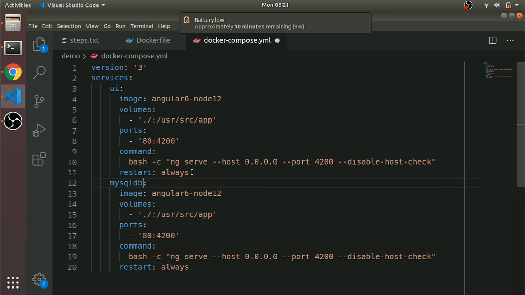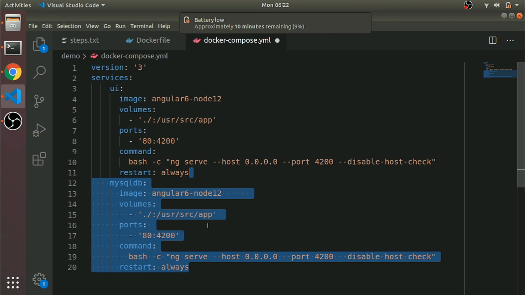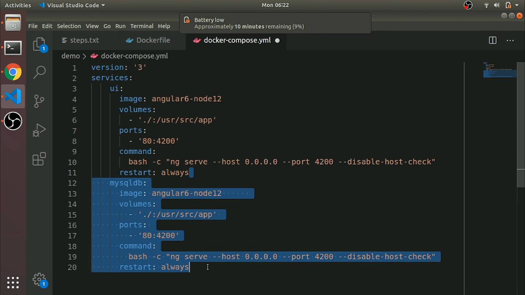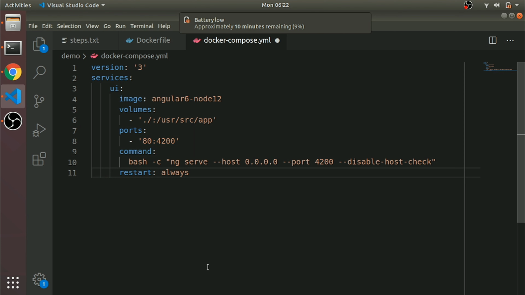Let's create one, showing some example. You can change the image name, and the port also you need to change. For demo purposes I am showing how it will create, so we are currently giving the same thing. Actually in a real scenario it will be some different image, or you can use the same image. You can change the volumes, the DB port, and the command also needs to change. I'll show you with the first service, then we'll move to multiple services.